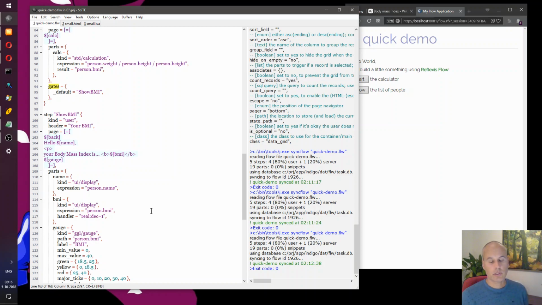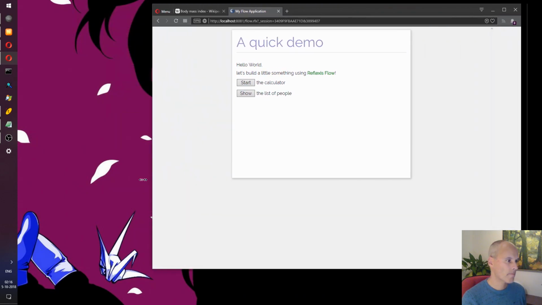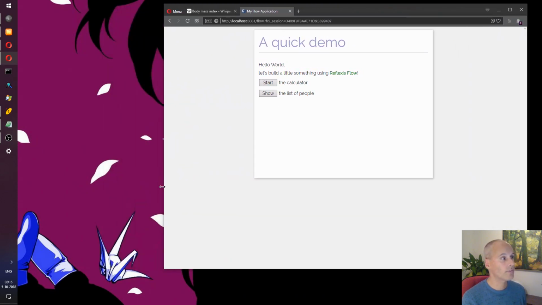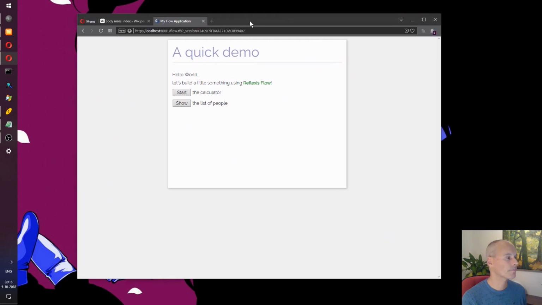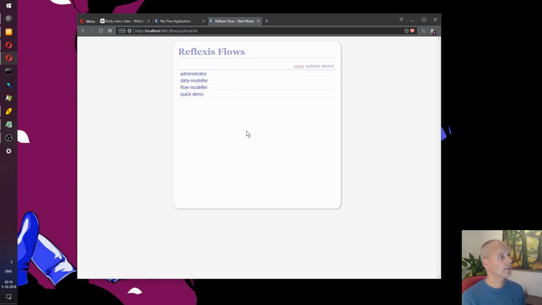So to give you another idea of looking at flows, it's probably good to do the following thing. I should go to my local menu here and quickly show you that there's another way to deal with flow definitions.